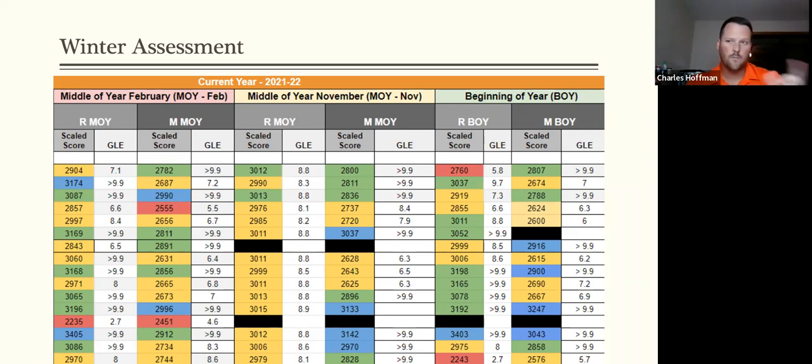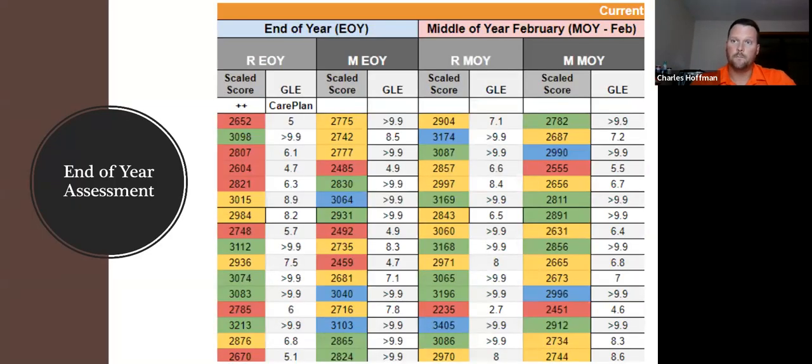So we'll talk a little bit more about that later, but you can tell we kind of leveled off there in the middle in November, and then in February, it was a little scattered, but we were confident that the students were where they were supposed to be. And so we remediated and provided some curriculum and some supports for them in those classes through the end of the year. So middle of year to end of year, and you see their results changed. I'm going to talk about why a little while later,